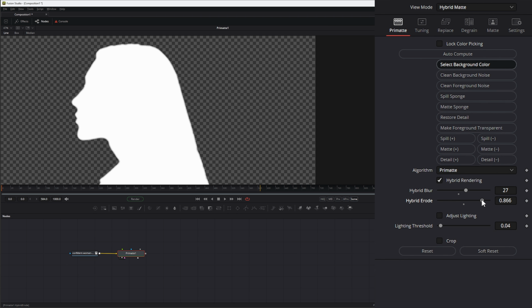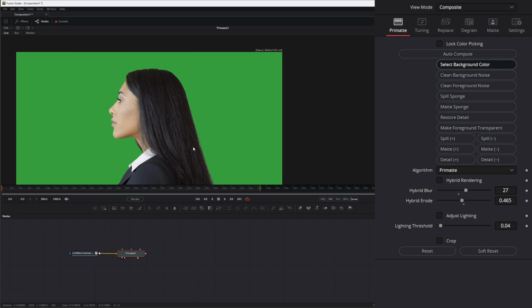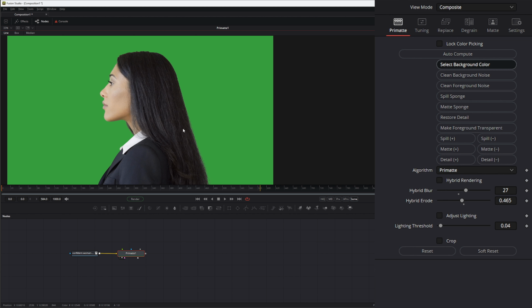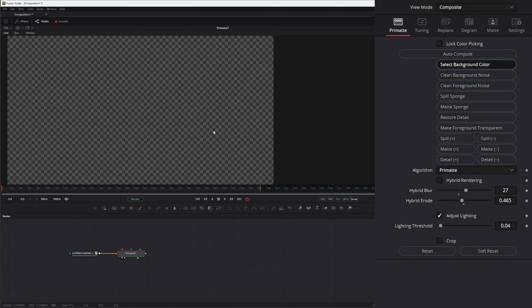And our erode is going to erode or contract our matte. Now, if I reset this and we look at our green screen, it's pretty evenly lit, because I believe they probably replaced the original with just all green color. But if we had a typical green screen that was unevenly lit, this is what our adjust lighting is for. So if I auto compute and select this adjust lighting, it's going to disappear because our green screen was evenly